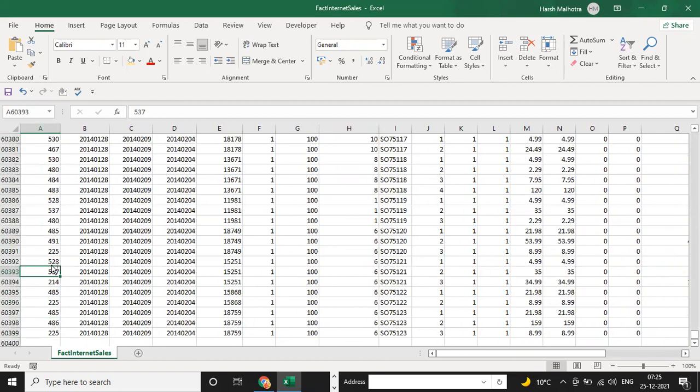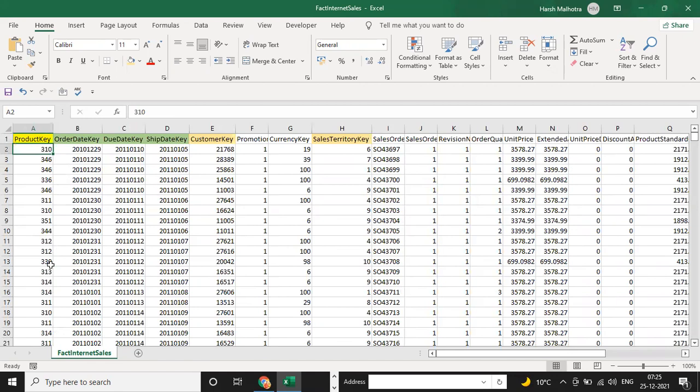After that I will add some columns for you, but right now, we have already connected 1, 2, 3, 4 dim tables. Product key, order date key, your customer key, and your sales territory key.